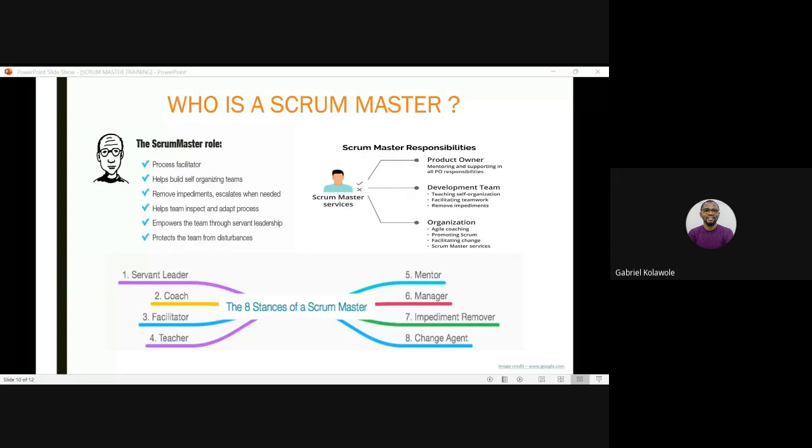So, to the second question, does anyone want to take it, or should I give it a shot? One of the things I would say is this: as a Scrum Master, some people would say that the Scrum Master role is not an entry-level role, and the reason is because there are certain transferable skills that you need as a Scrum Master. You are a servant leader, but I think just like Yemi said, you are not a slave.